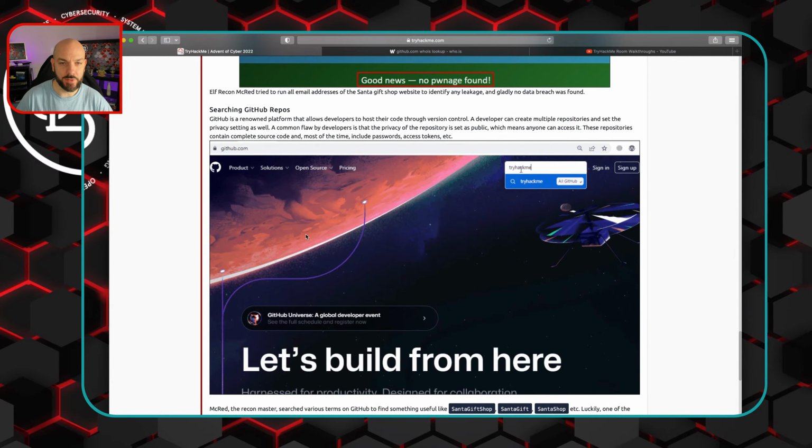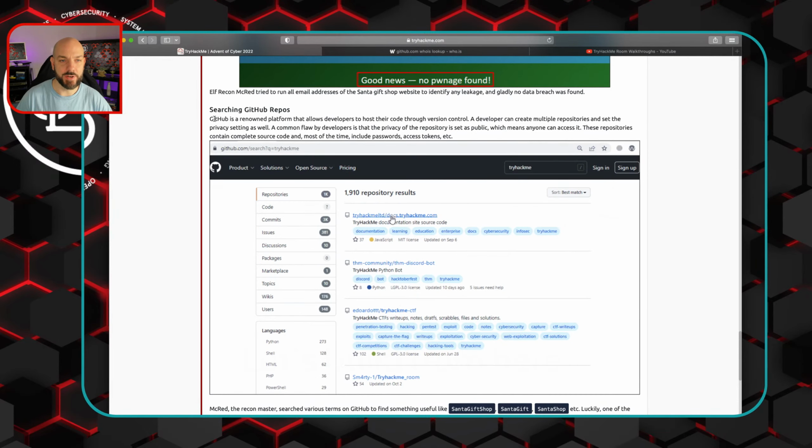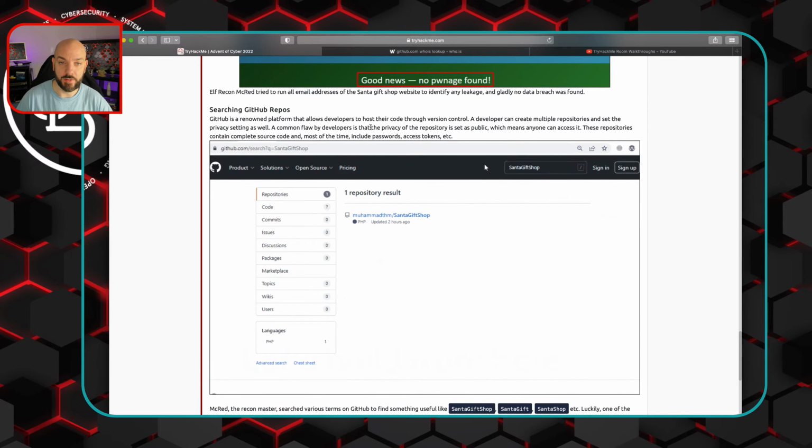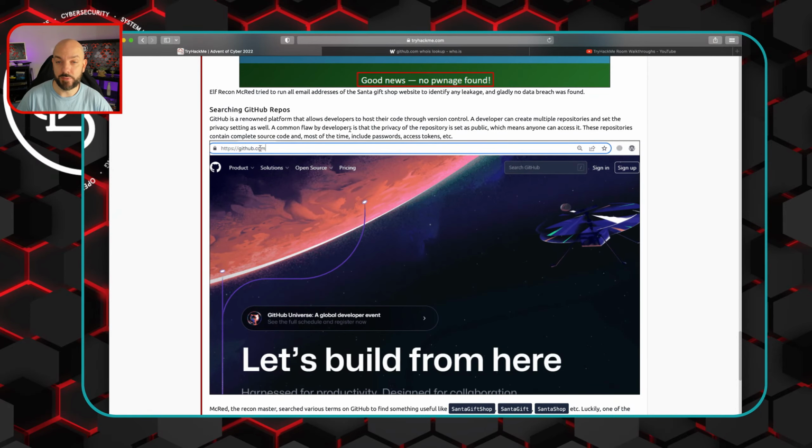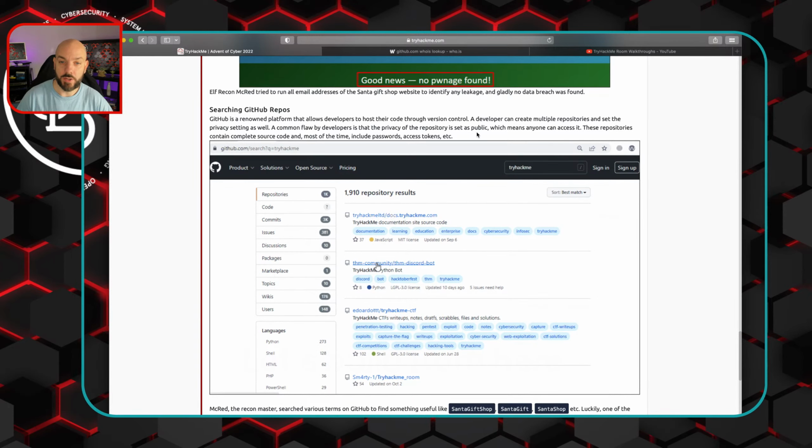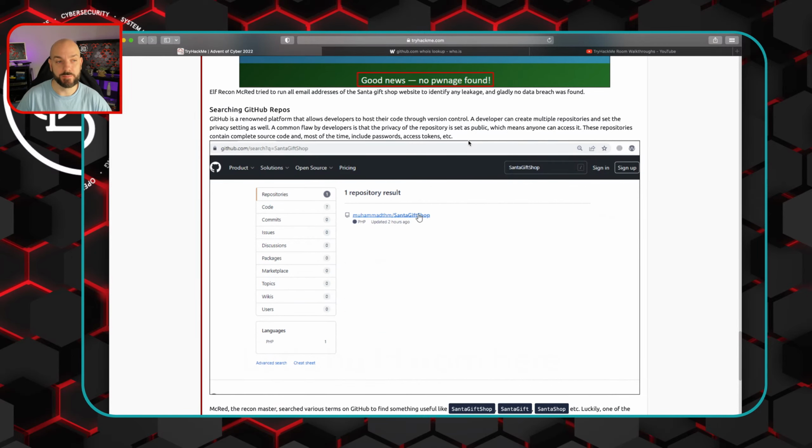This last one, this is actually pretty cool and very helpful. So GitHub is a renowned platform that allows developers to host their code through version control. Developers can create multiple repositories and set the privacy settings there. A thing that we often see, a common flaw, is the privacy of the repo set to public, which means anyone can access it. And so if you aren't good with the hygiene of your code, you could accidentally be uploading configs and things like that that have passwords, usernames, tokens, stuff like that that you don't want readily available